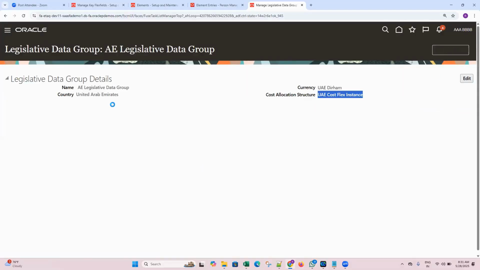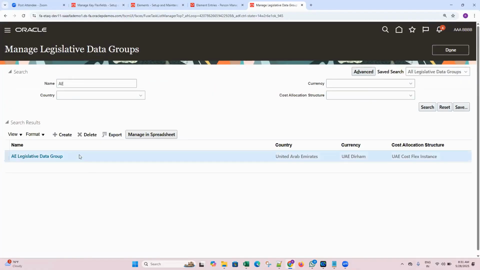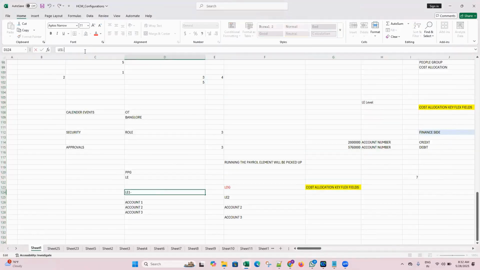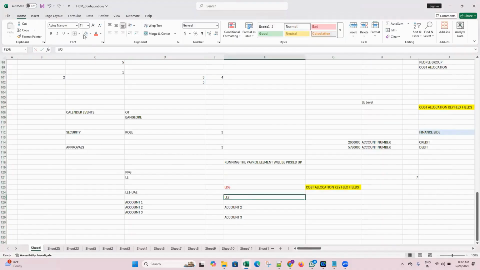But my requirement is that this LDG is attached to a legal entity. Am I right or not? Yes, sir. This legislation is attached to one country. It is attached to the legal entity when we are creating the legal entities. Suppose these legal entities are related to UAE only, and this legal entity is also related to UAE only. Then how can we achieve this, sir? If I attach any cost allocation over here,